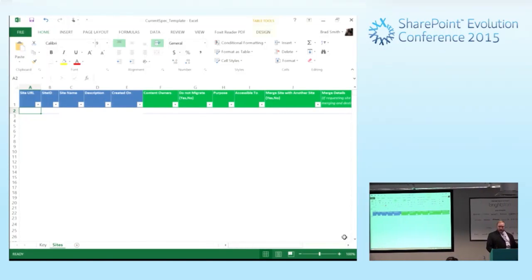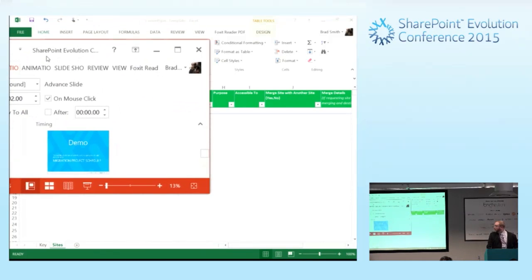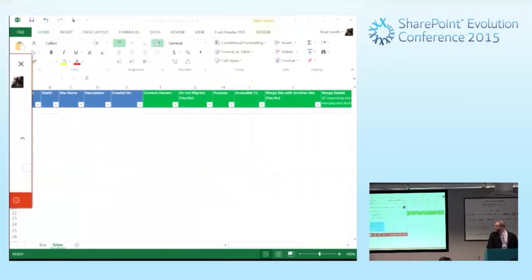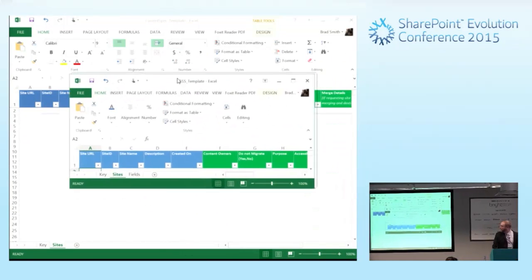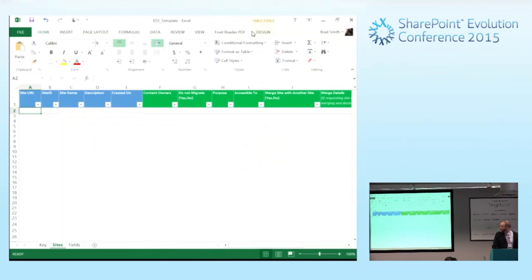The second artifact, and yes, you will also get a copy of this. The second one that I want to show you is the end state specification template, which is going to look very similar, with some important changes. So the end state specification is, in all cases, going to be a user editable document